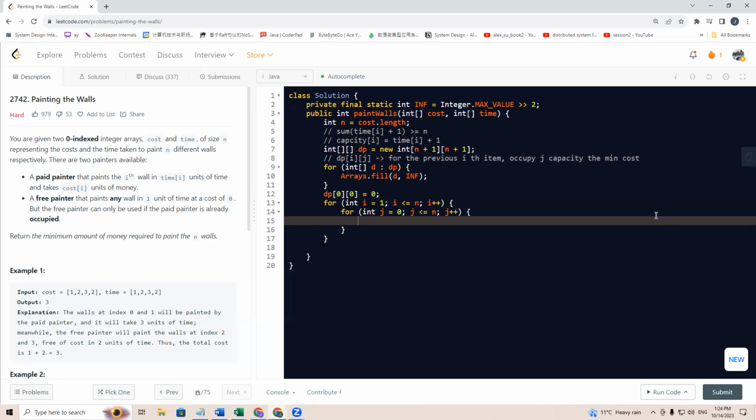We are trying to find its minimal, so we'll have dp[i][j] equals